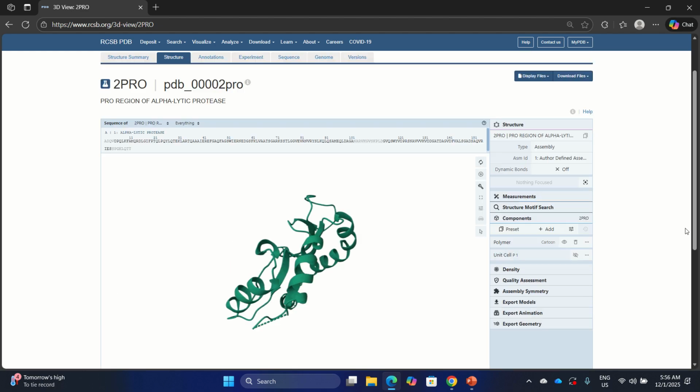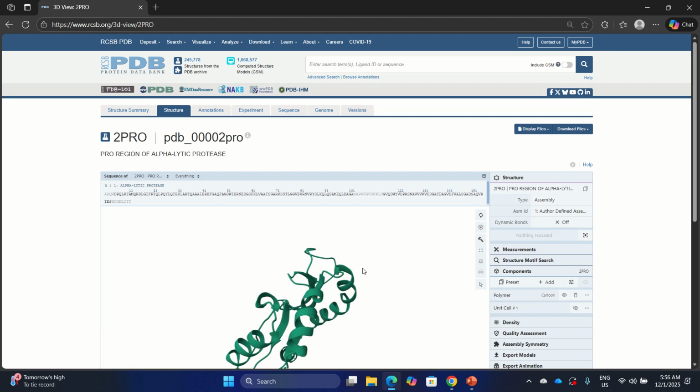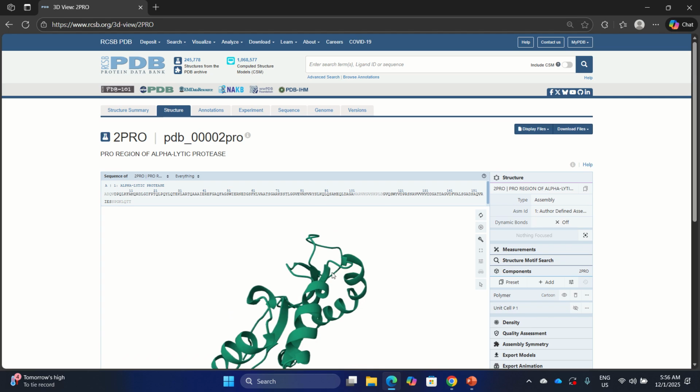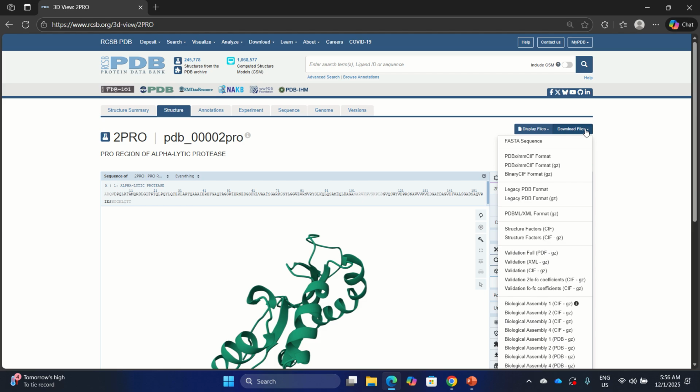But normally, we don't really use this visualization tool. We use other tools with more features to visualize the protein and to analyze it. In this structure tab, you can download the protein structure either as a PDB or CIF. Here we have the legacy PDB format, and there are latest formats around here. Normally, we use the legacy PDB format in molecular dynamics simulations.